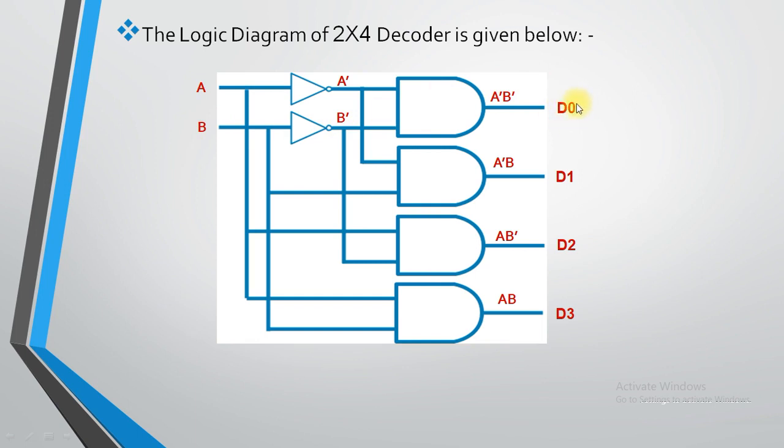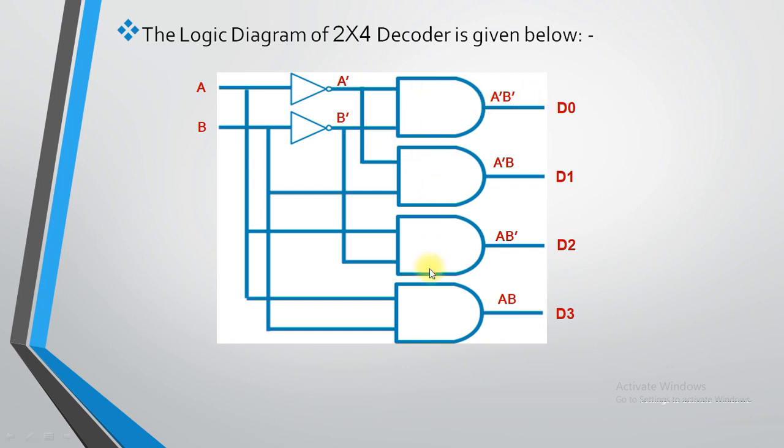Now what is my next requirement? Which value I need to have? A dash B. So what I need to do? The value of B, this, I need to pass directly to the second AND gate. See over here, this one, follow the cursor. And value of A is complemented, that means A dash I need to pass. So I need to take a cable of A dash over here. Got it? How to draw logic diagram?